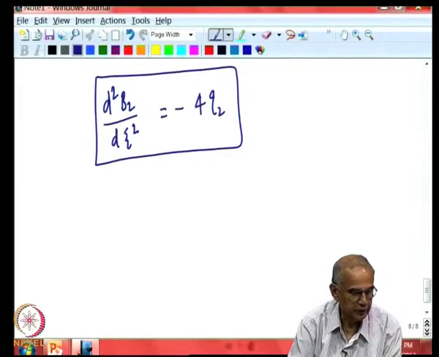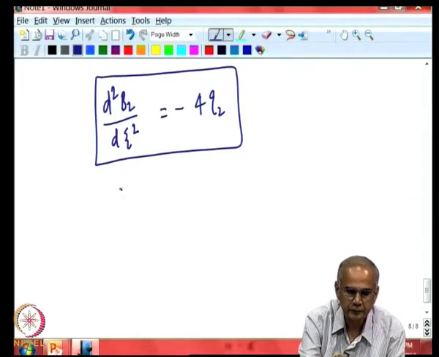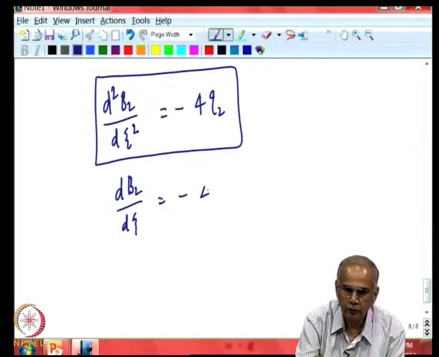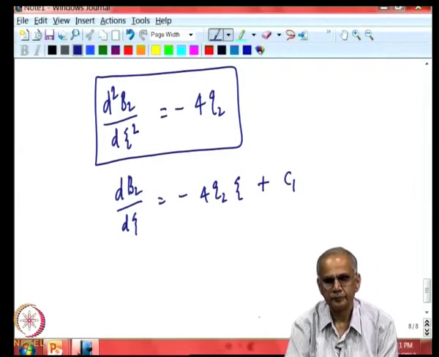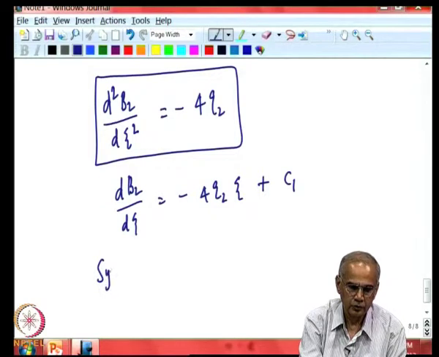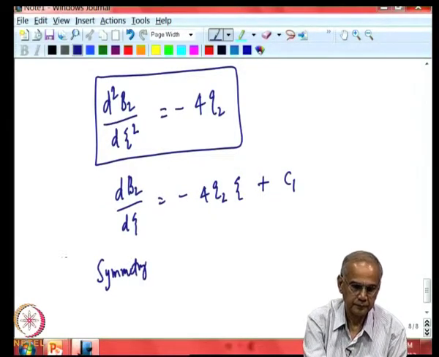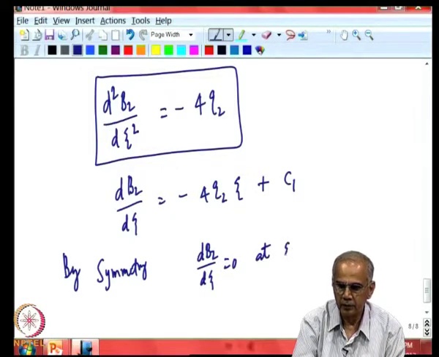Now, what are the boundary conditions? Of course, this is a differential equation, all of you know how to solve it, and after solving it, you will have two constants. Let us differentiate once. dB2 by d psi is equal to minus 4 q2 psi plus c1. Now, the problem that we have stated is symmetric. So, by symmetry, we know that the radiosity has to reach a maxima at the middle of the tube,